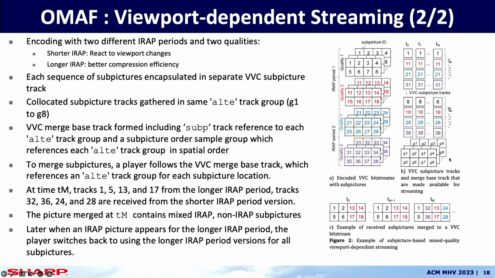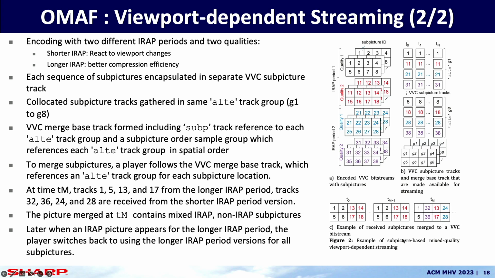And so then here is the ISO BMFF track representation of it. Each number here is a sub-picture ID, and each of them is a sub-picture track. This is the merge base track, and then what gets sent to the client is, let's say initially you are receiving 1, 2, 5, 6, and 13, 14, 17, 18, and then you continue to get that, and when you move your head quickly, you get sent something from this shorter IRAP duration track such that your viewport,